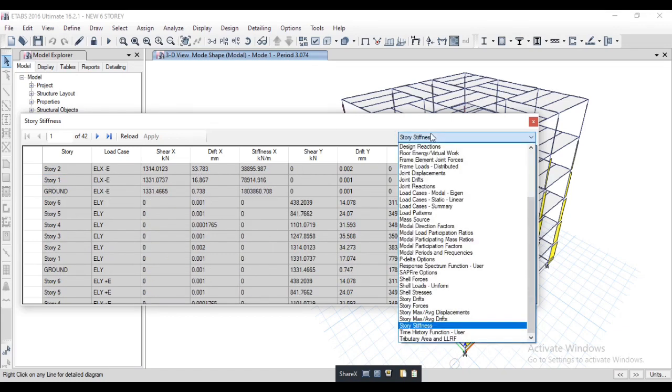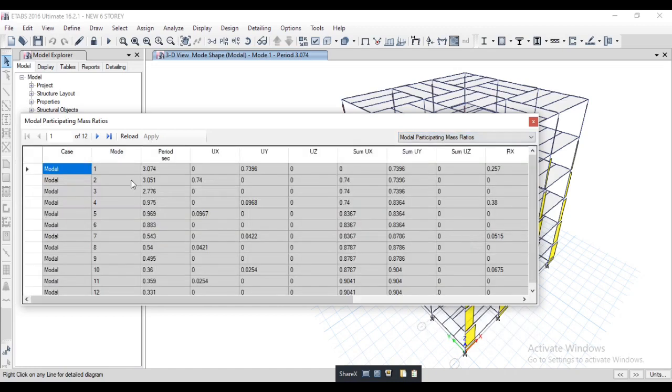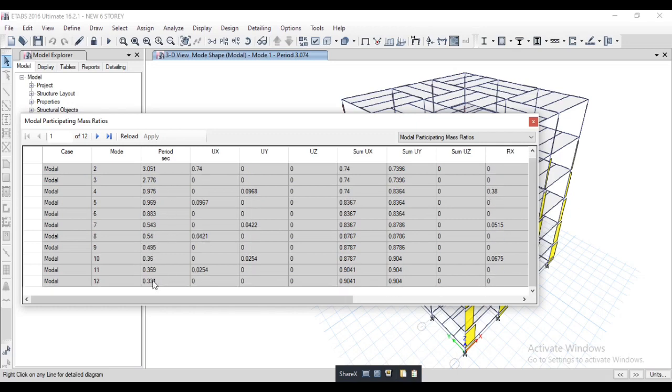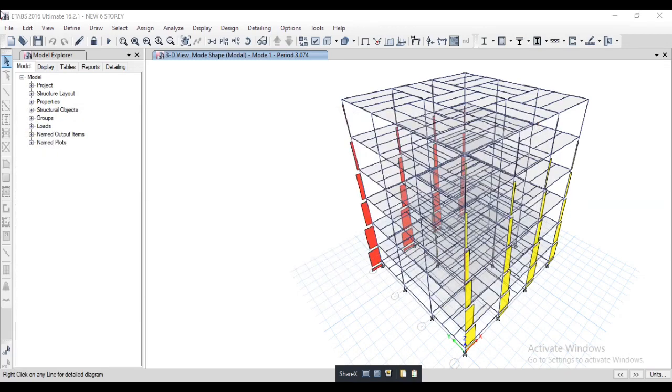After that, if you want to check modal participation mass ratio, then you can check here the time period of the mode. Today we have covered the analysis part of the building. In next lecture, I will cover the design part of the building.